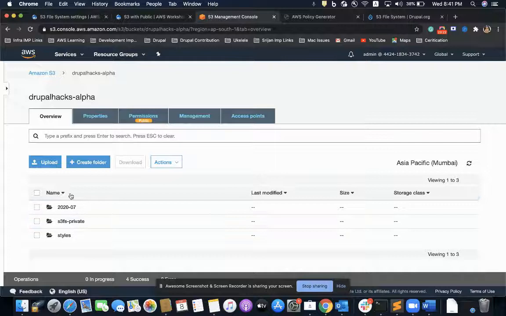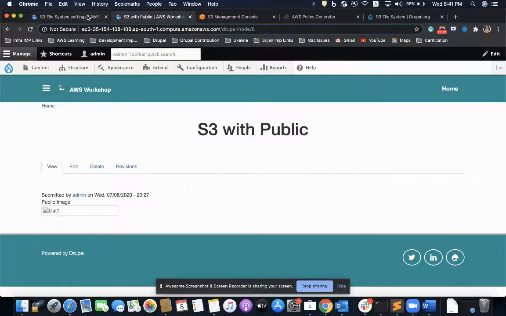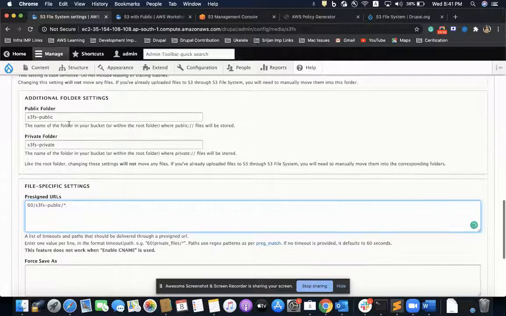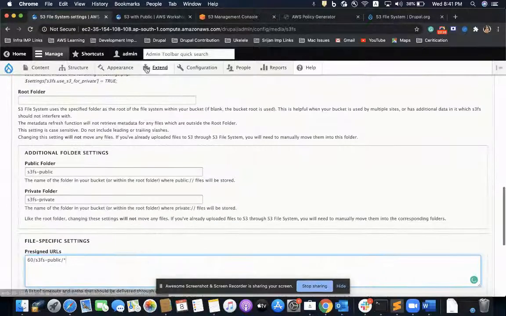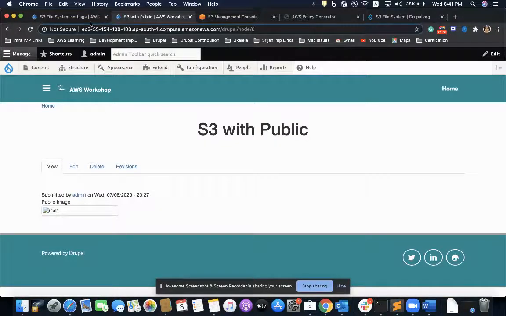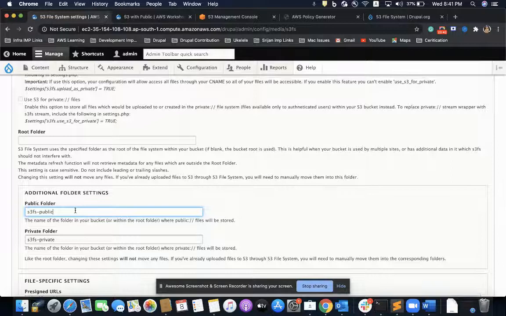All of my images are being created in this folder. So I'll create this S3FS public slash char. One more thing, everything is being saved in this folder. So for this, I'll go public. No such folder is being created, S3FS public.